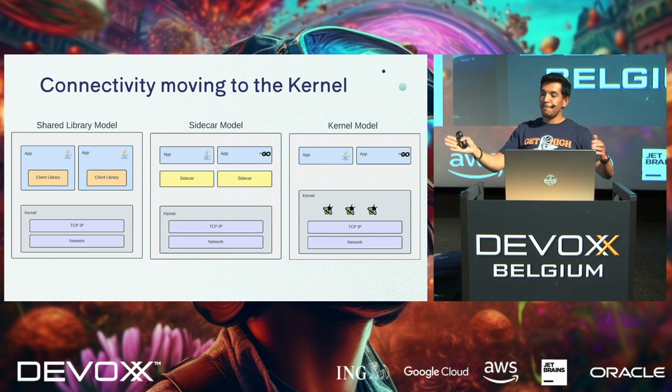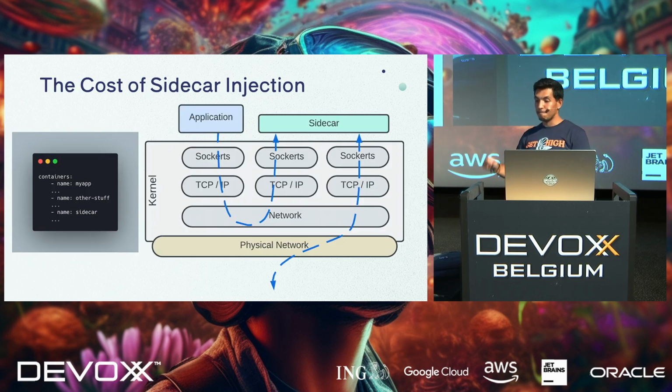So, connectivity, a little bit of history. We started with the client libraries. We moved to the sidecar. And I'll talk about the kernel type of connectivity. When you have a sidecar, you need to inject it, right? Either you do it yourself or define a namespace and some other program behind the scenes injects it. If you forgot about it, then you're in trouble. The desired functionality is not there. You probably won't have any traffic, and you won't know until an email goes to your boss saying, oh,